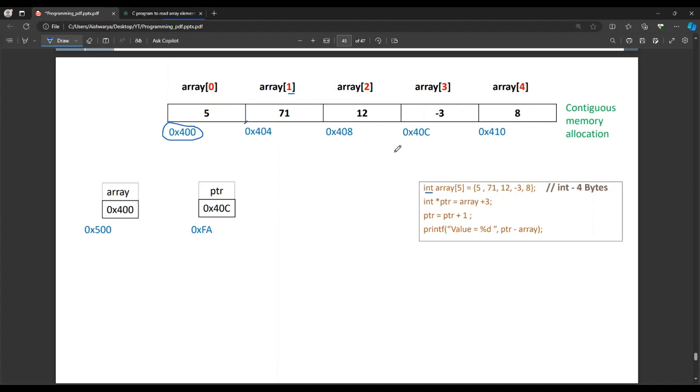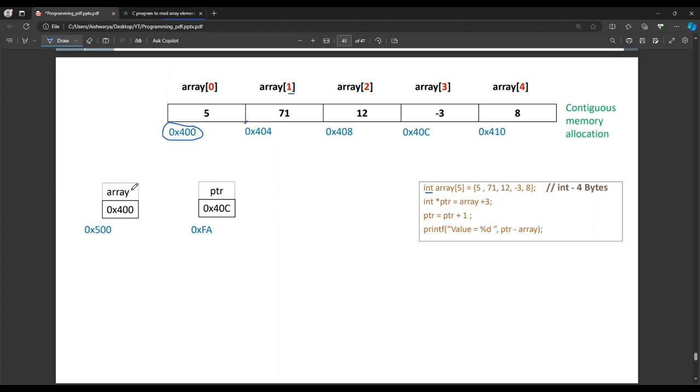So whenever we have questions on arrays and pointers, just write boxes like this, and then assign some random address, and it will be easy to understand. And we have already seen in the previous slide that the name of the array itself is a pointer. So what is the name of the array? We have declared it as array. So the name of the array is a pointer, which holds the address of the first element.